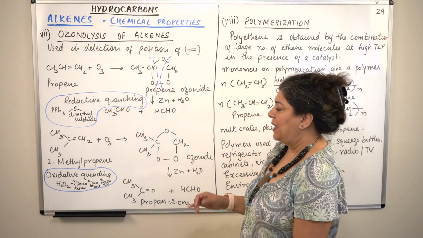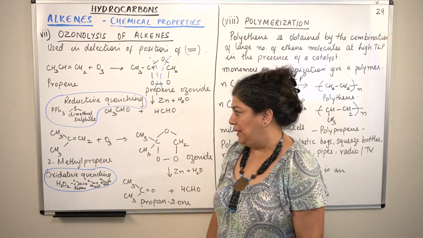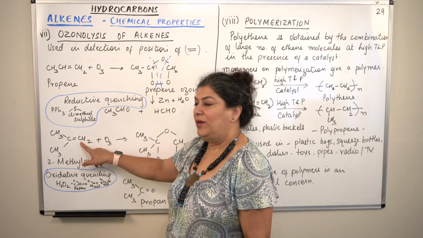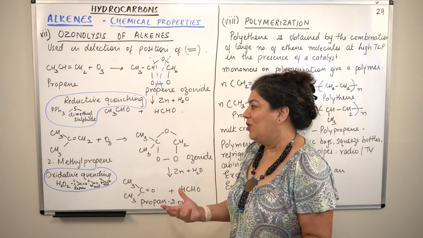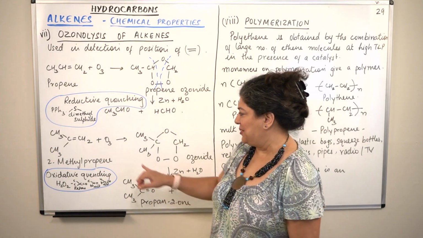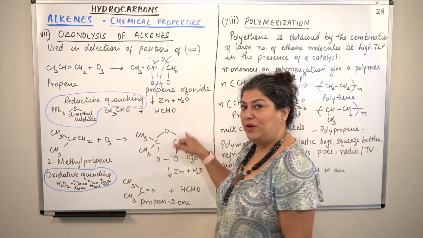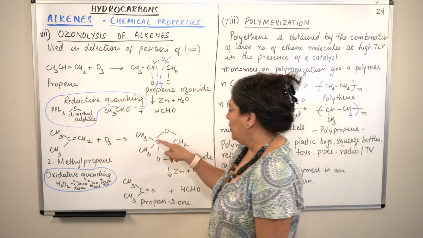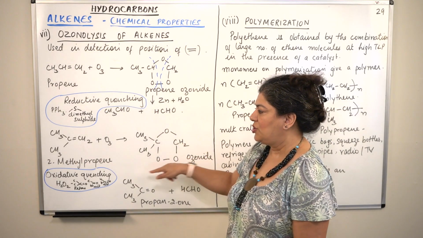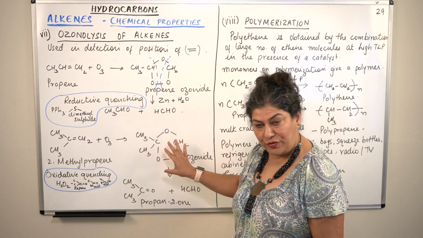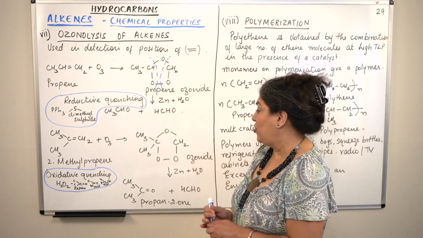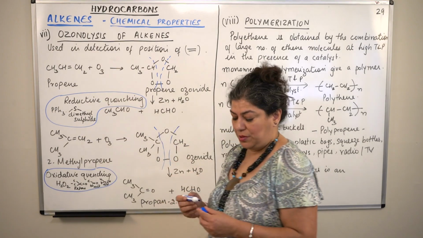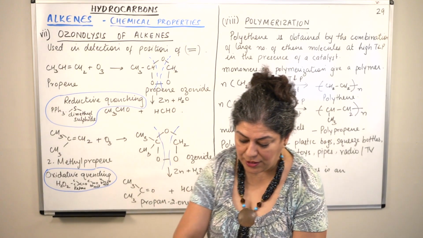So look at this other example. You have 2-methyl propene. 2-methyl propene has two methyl groups attached to this carbon, and there's a double bond, and there are two hydrogens attached. So you can guess now what will happen when ozonolysis occurs. An ozonide will be formed in the first step. You break the bond and attach one oxygen here and two oxygens here, both the oxygens attached to each other, resulting in the formation of an ozonide. Then the ozonide cleaves, and it results in the formation of the two products that we are expecting.